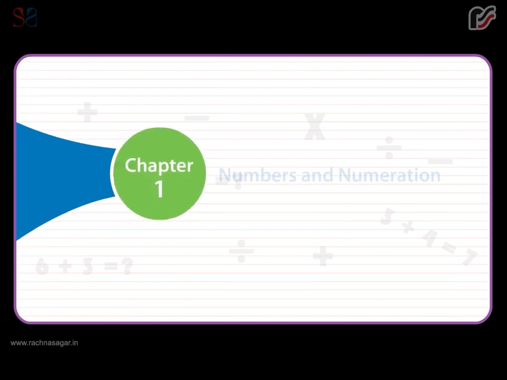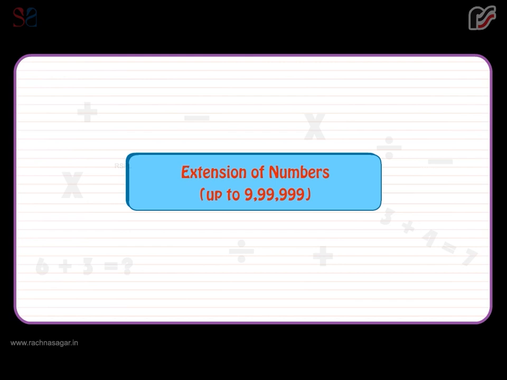Chapter 1 Numbers and Numeration. Extension of numbers up to 9,99,999. In the previous class, we have learnt numbers up to